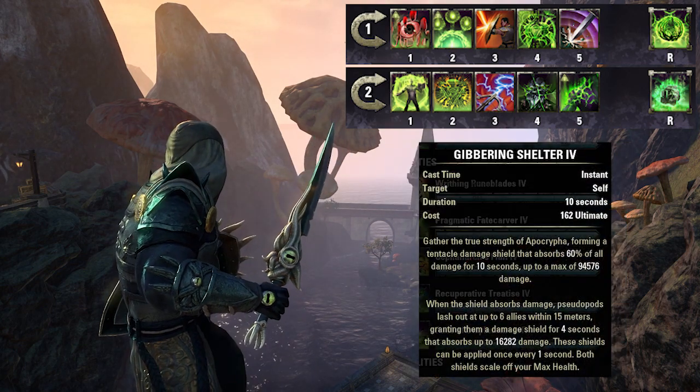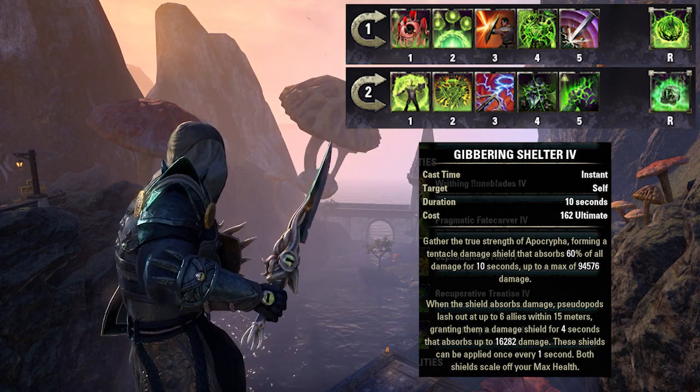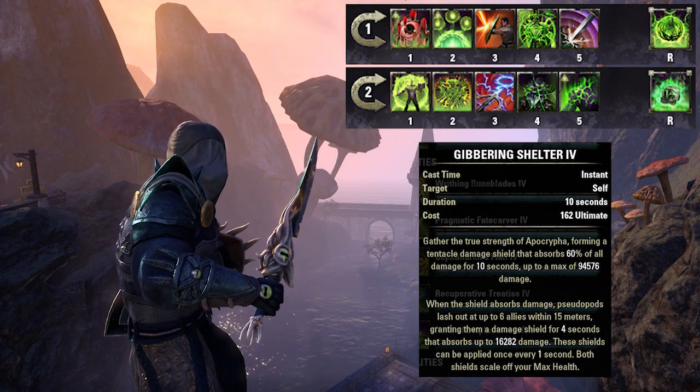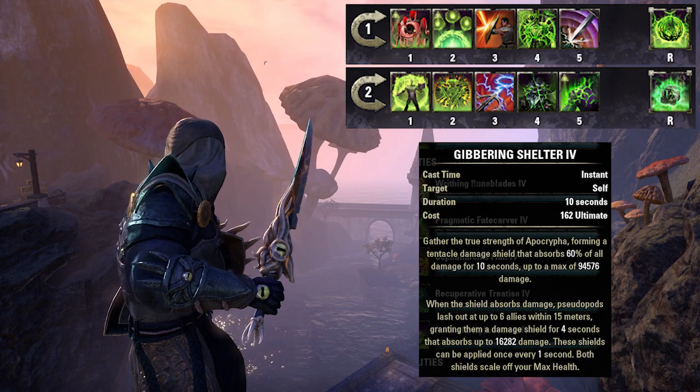Gibbering Shelter is a really interesting ultimate. Rather than providing an outright damage shield, it instead reduces damage by 60% up to a certain really massive amount. Each time we take damage, we also grant our group members huge shields as well, making this the perfect ultimate